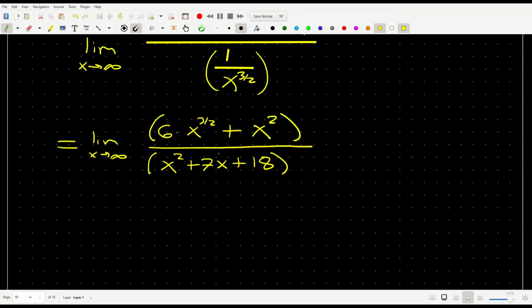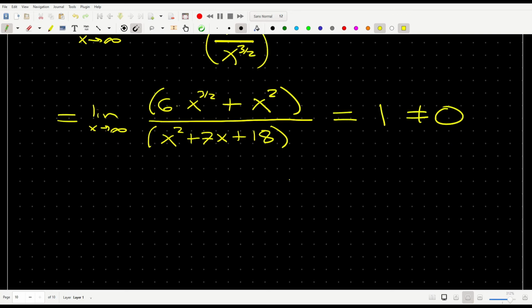And then this limit can directly be evaluated and is going to come out to be equal to 1, which is a finite non-zero value. So therefore, by the limit comparison theorem,